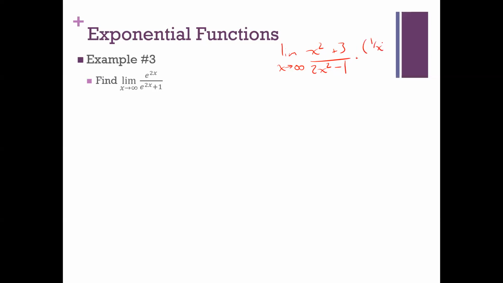one thing I want to get us in the habit of is this. If I multiply top and bottom by 1 over x squared, think about what this becomes. It's the limit as x approaches infinity of 1 plus 3 over x squared over 2 minus 1 over x squared. Now I have 4 different terms, right? Do all of those limits exist as x goes to infinity? So the 2 are constants, those clearly do. And the other ones go to what? Yeah, so now I can just go 1 plus 0 over 2 minus 0. So when I have all these different individual terms going,